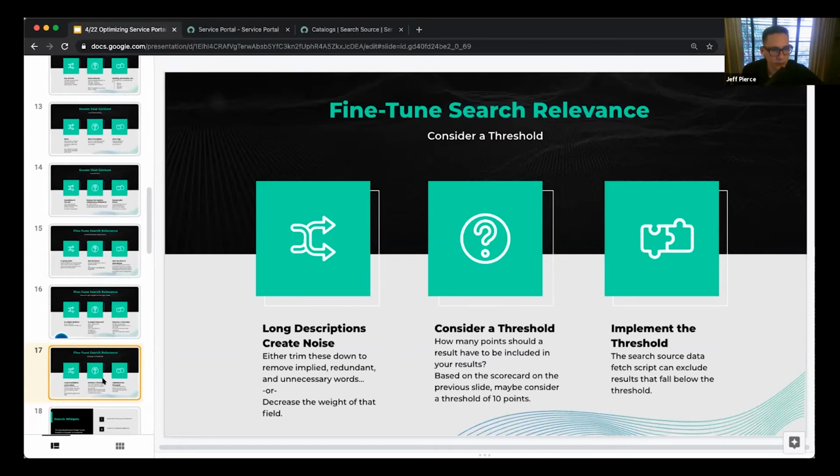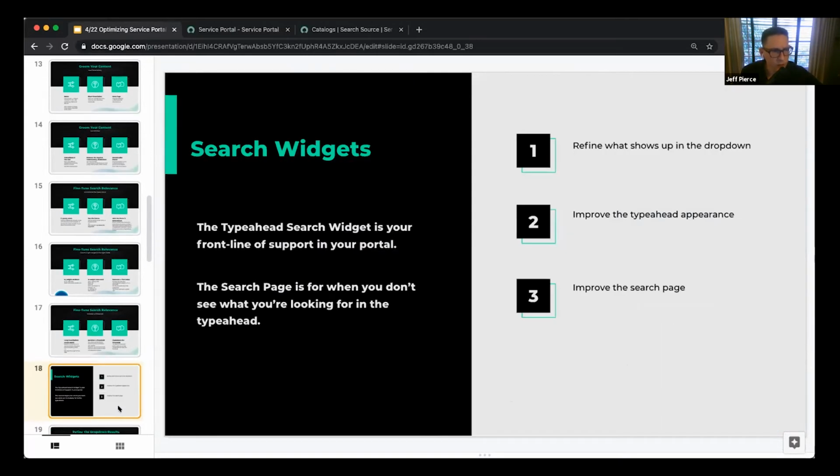Hopefully I've given you a couple tools here to get into it and understand how it works, and you can start doing that on your own. As you can see, it's not highly complicated. But let's move on now to actually making the appearance and stuff work a little bit better